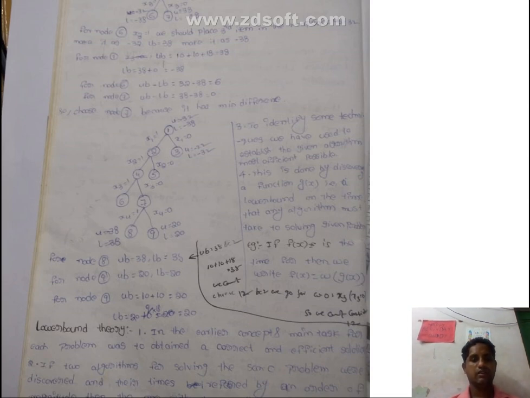So in this way, when all the values become equal, then we can stop the problem. The path is 1 to 2, 2 to 4, 4 to 7, 7 to 8, 9. So you have to consider all the nodes. So with 4 nodes we stop the problem. Now we have to consider the knapsack problem using the branch and bound technique. Likewise we have to implement the knapsack problem using the branch and bound technique.